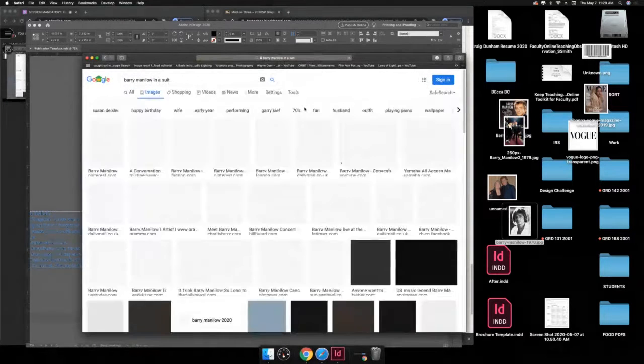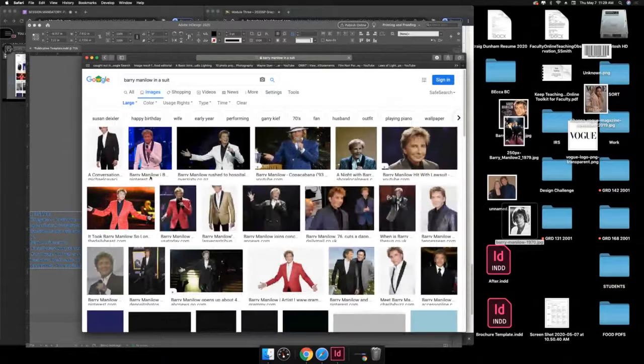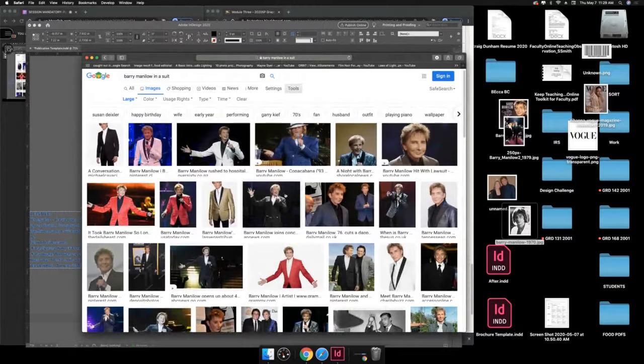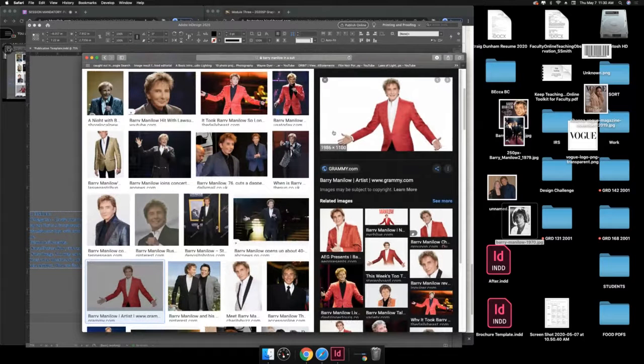Images, tools, large. Definitely need a large one. So I want to find an image that's going to look good on the front of a magazine. It's got his whole head in there. I kind of like that one. See how big it is. It's big enough. So drag it over